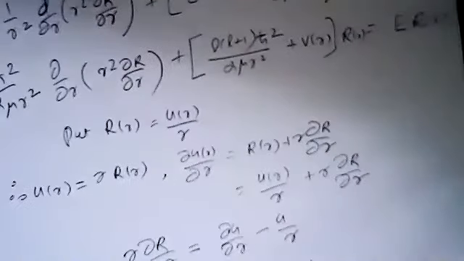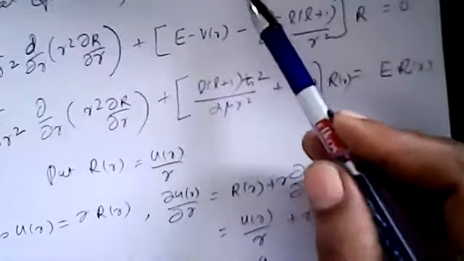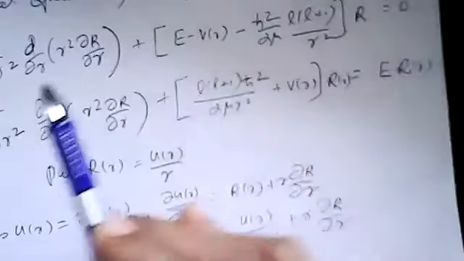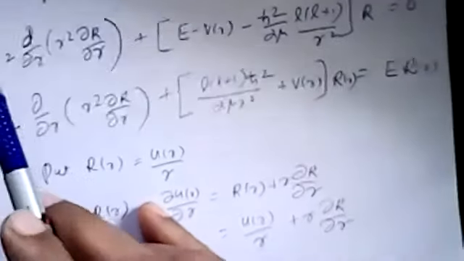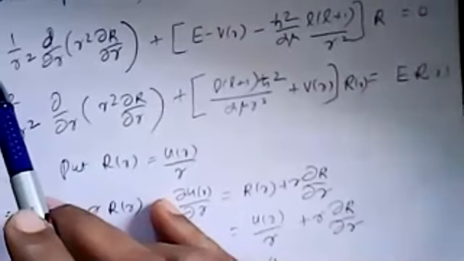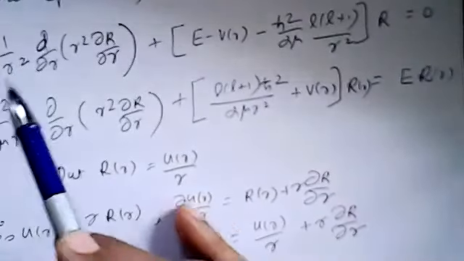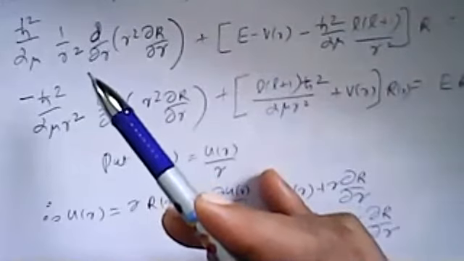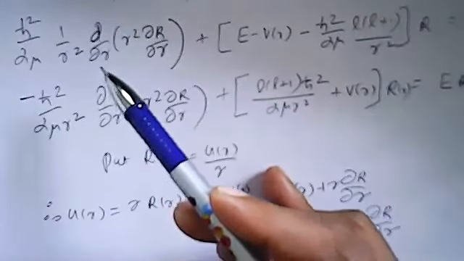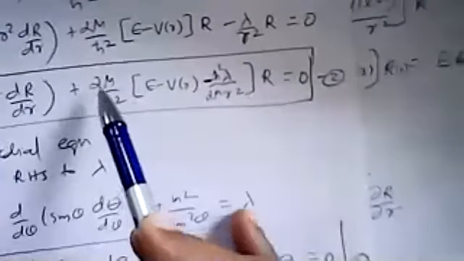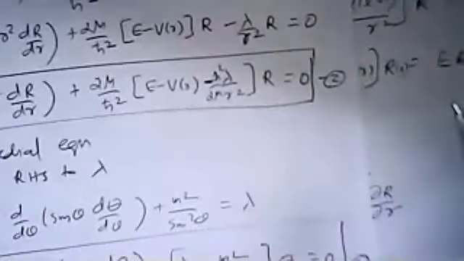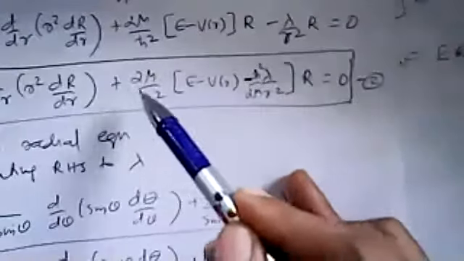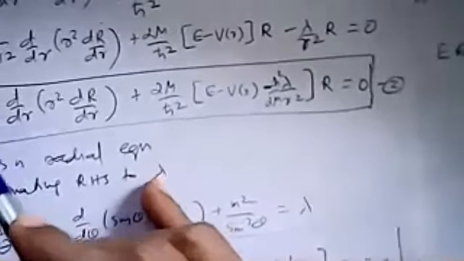In the radial equation, you can put, I have already told you, lambda is L into L plus 1. So you can put minus h cross square by 2 mu, 1 by r square. You multiply the radial equation with h cross square by 2 mu in order to cancel this one, so h cross square by 2 mu will come here.